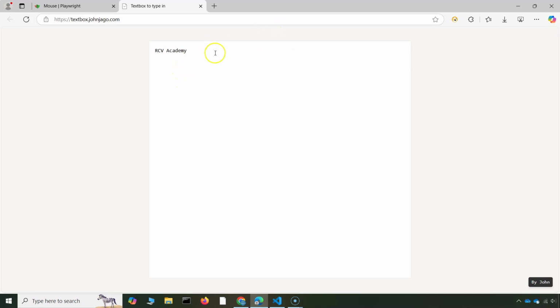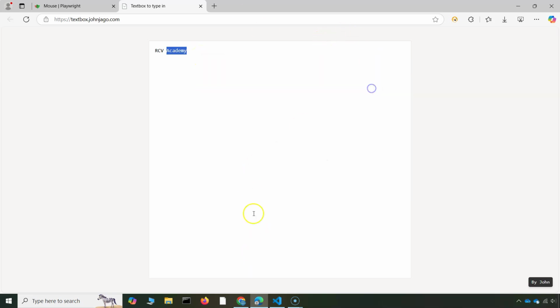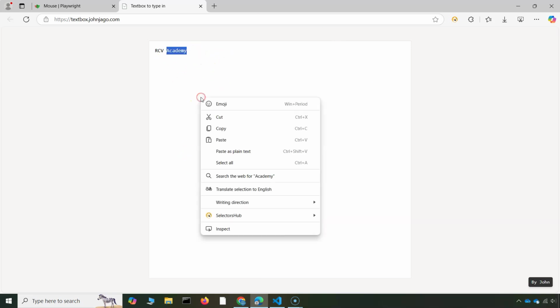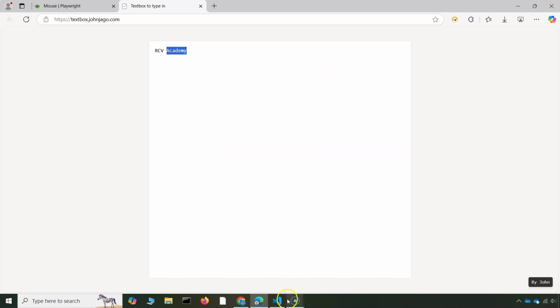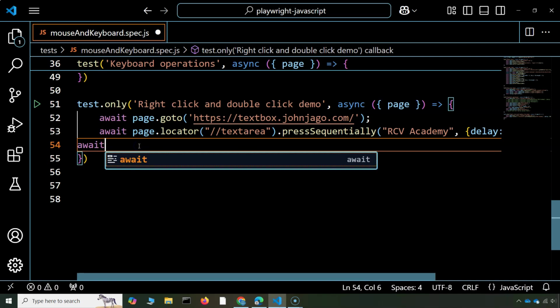This is what I typed in, and if I double click, the default double click will highlight this word, Academy. Okay, and then if I right click, it will open this particular screen. So let's see that after typing in something, I'll double click and then I'll right click and it works as expected. Okay, so what I'll do is here I'll simply say wait